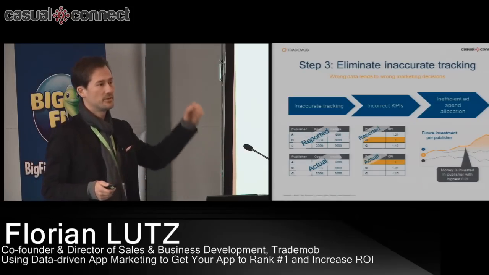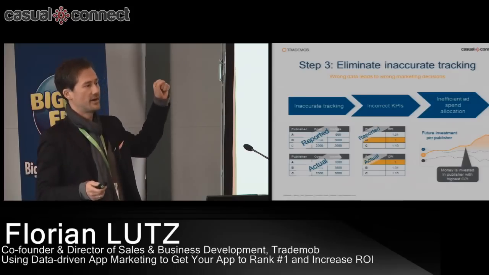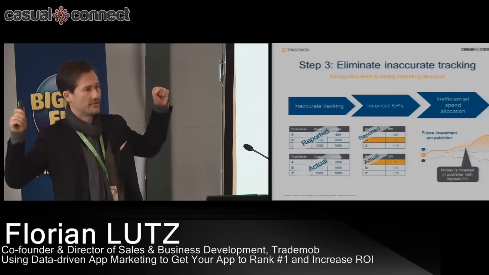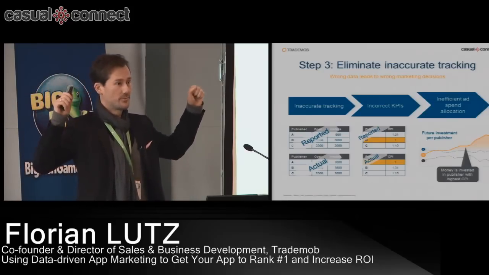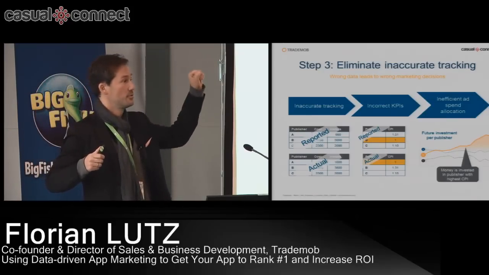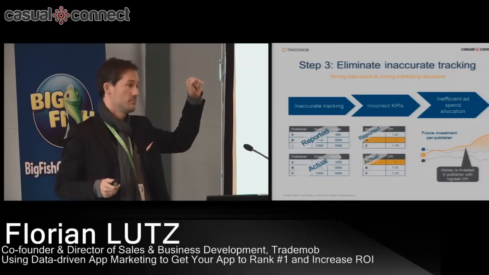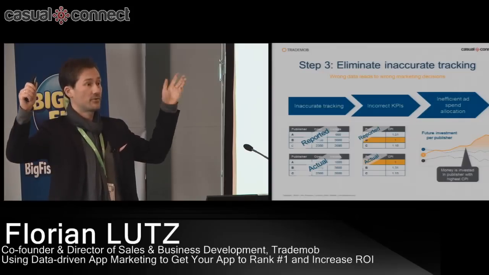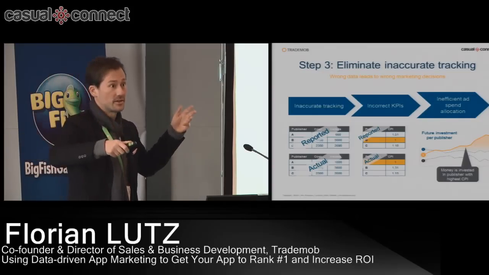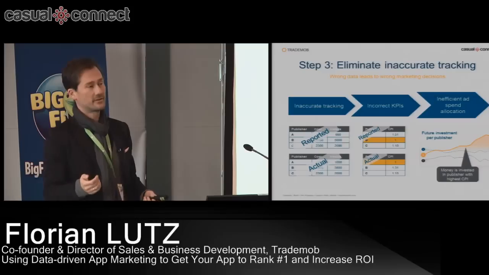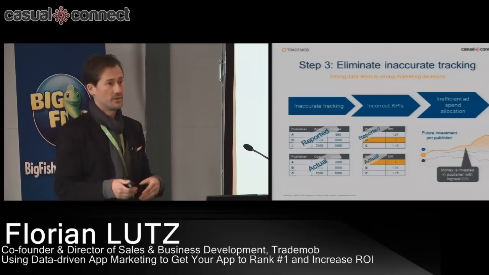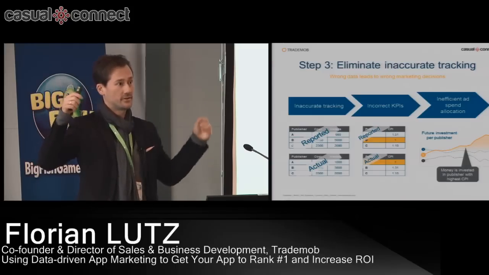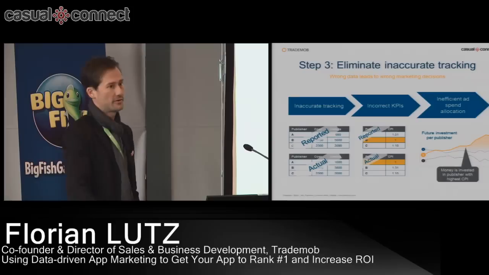For instance, if you implement an InMobi tracking code on the one hand, and also you implement, say, Google tracking code on the other hand, and both drive a click, right? So I'm a user and I see an ad from InMobi here. I click on it and decide, nice ad, but I'm not going to download it right now. Next time I see the same ad, but this time not from InMobi, but from Google. Once again, I'm going to click on the ad and say, okay, now this is really cool. I've seen this the second time, so I'm going to download it. What will effectively happen in your report is that both InMobi and Google will claim the download. So this is going to mess up your reports at the end of the day.